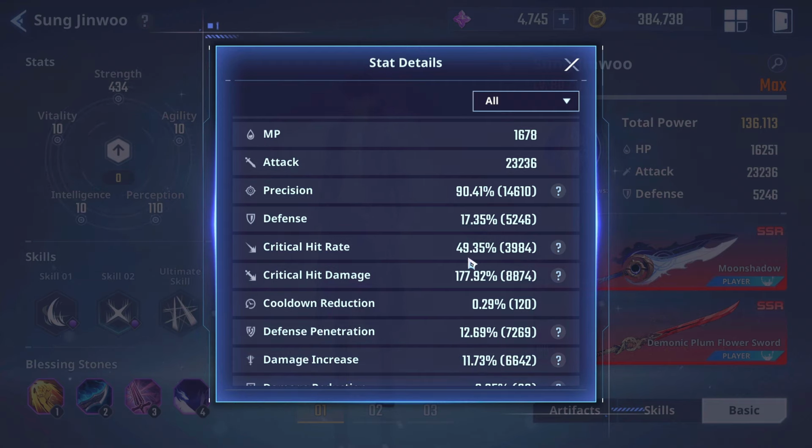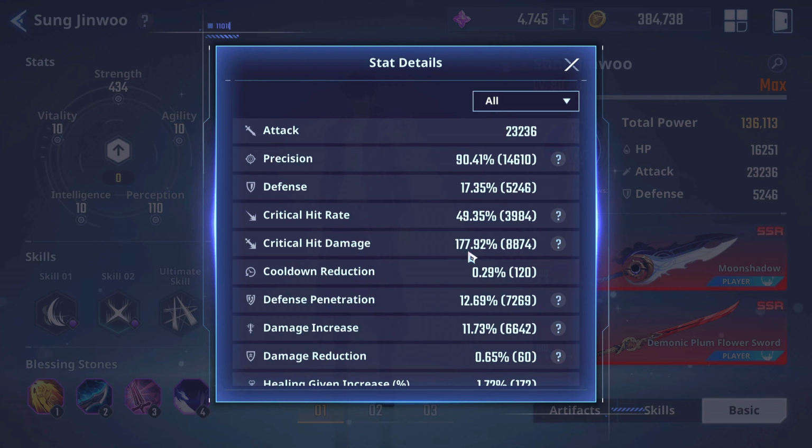And for the crit rate, you still kind of want to stay at around 50%, but do take note that when you are under heavy penalty, all of these are going to be heavily penalized. If you want to know more about the penalty on crit rate, especially the artifact crit rate, please do watch PayneBlade's video explaining how combat power works. I will put the link in the description. Crit damage is at around